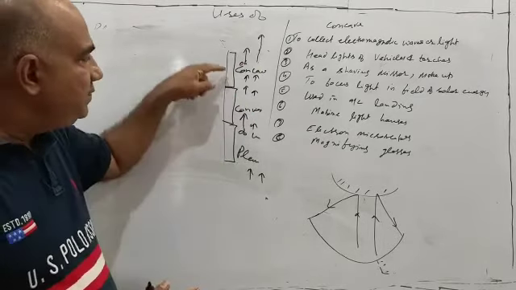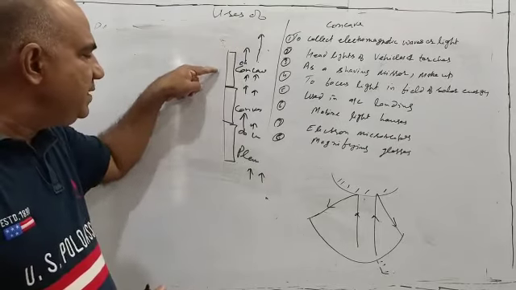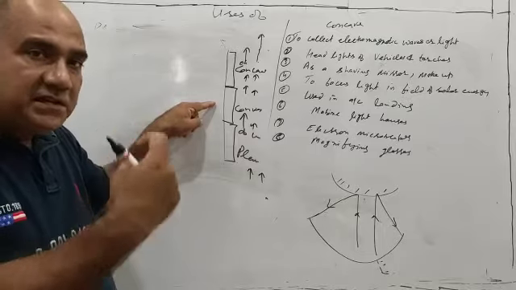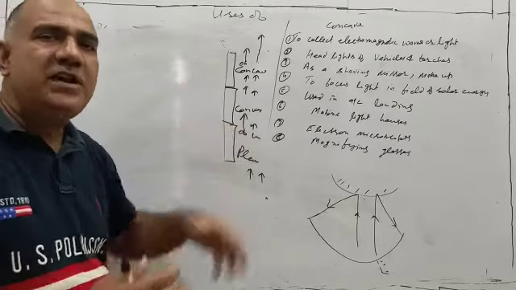So the confusion was because of this. If you say the image is the same, it could be because of this, or because of the plane mirror. If you say the image is smaller than the object, it could be because of this, or because of that. So this doubt can be avoided.